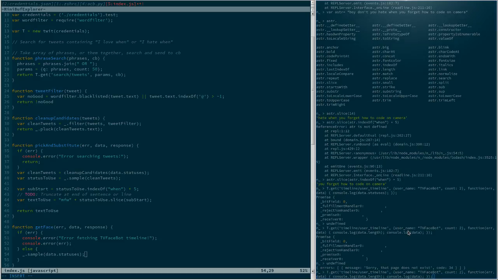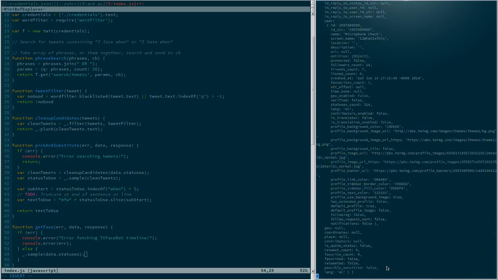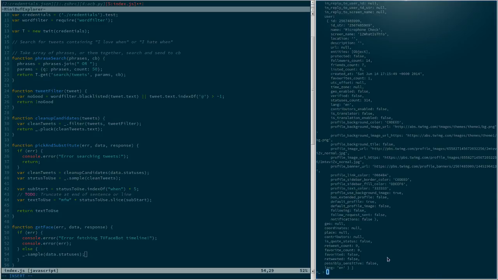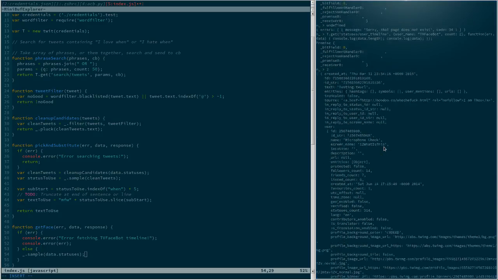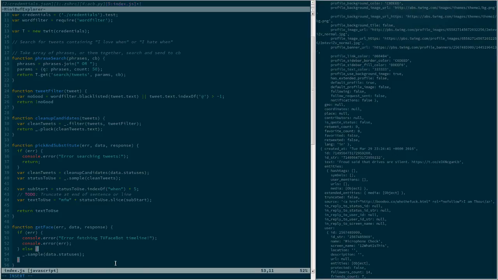Sorry, that page does not exist. All right, I guess I got the name of that wrong. So let me just check my documentation here real quick. Oh, it's statuses / user timeline, which suggests that I probably don't need to actually do the status object wrapper. Yeah, okay, so just data itself is an array that contains tweets. So we'll do sample from data, which will pick a random tweet from the set that we've gotten, which is